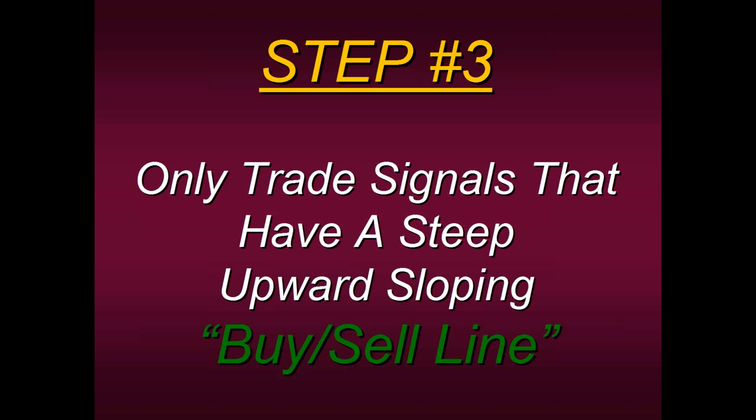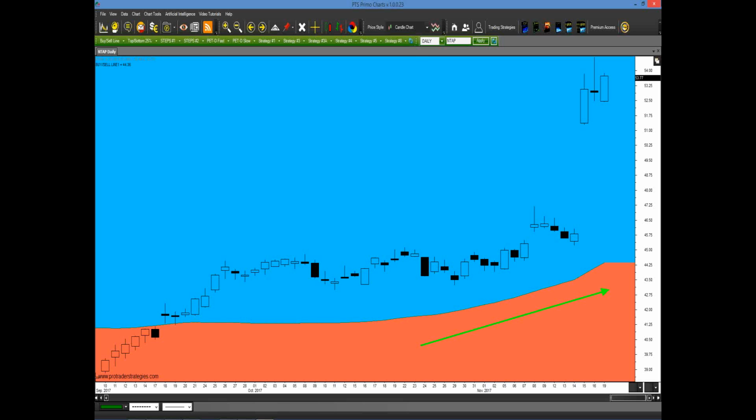You might get whipsawed. So we need to find out that we have a little bit of momentum, that we have some wind at our backs. How do we do that? By finding out what the slope is of the buy-sell line. So if we look back, we see that at this point, the buy-sell line is basically just going sideways, so it's kind of flatlining. But right here, we start to slope upwards. That's what we're looking for. So we know that from roughly this point to this point is where we want to look for a signal, because this is going to enable us to go down the river with a nice current at our back. We have a nice momentum behind us.